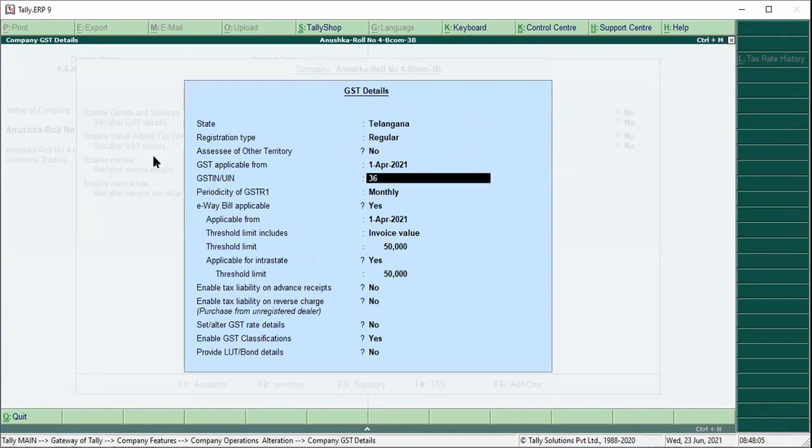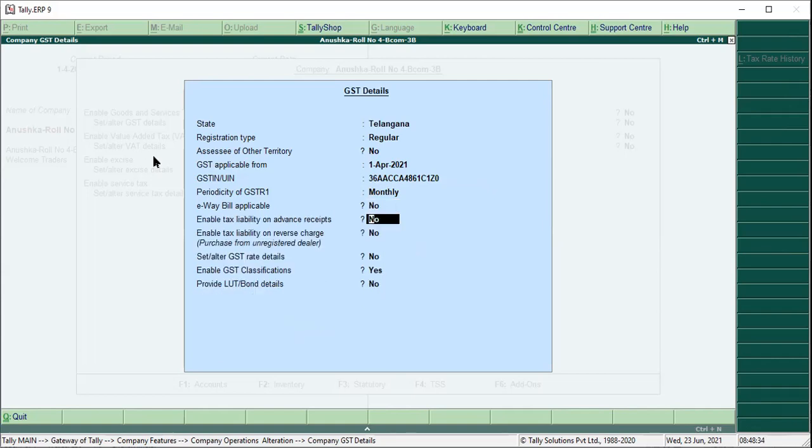So 36 double A double C A 4861 C 1 Z 0. It is monthly.